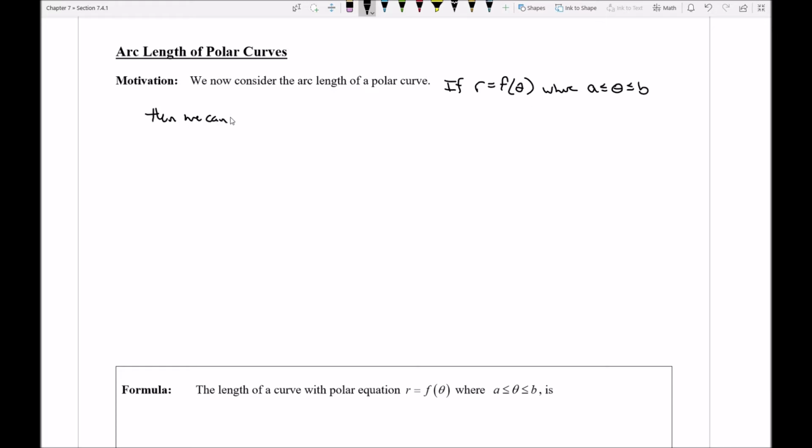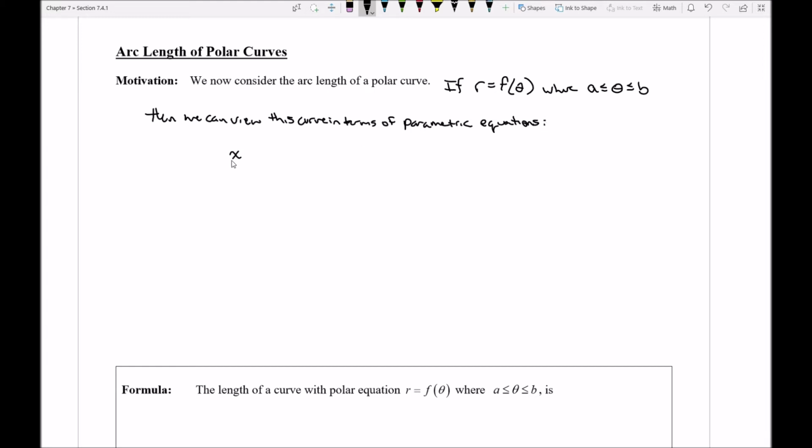Then we can view this curve in terms of parametric equations,